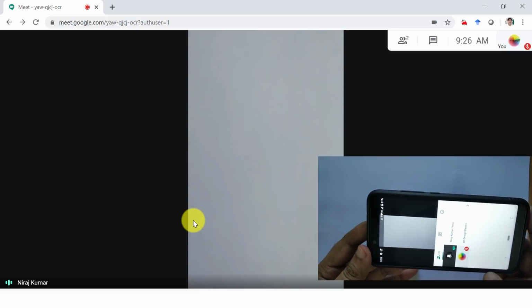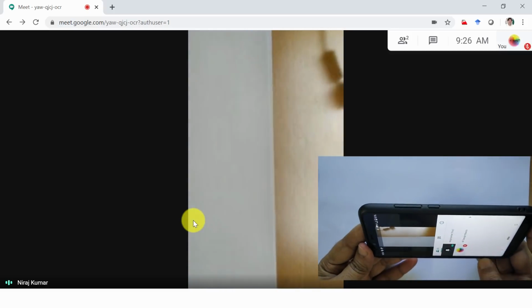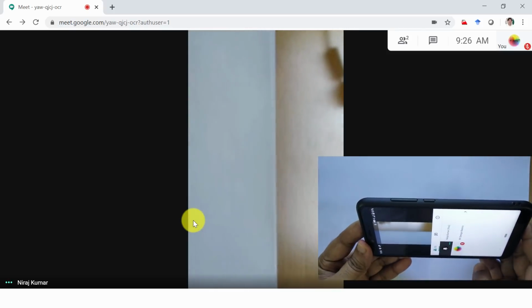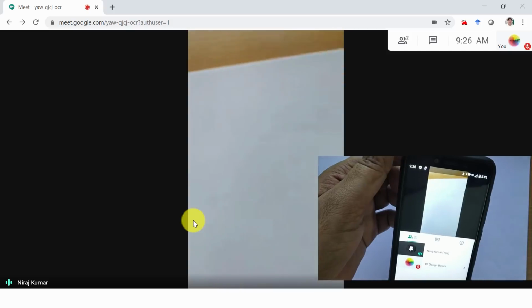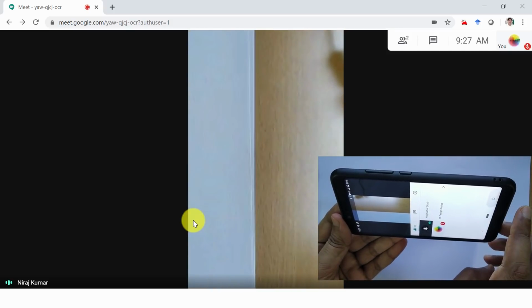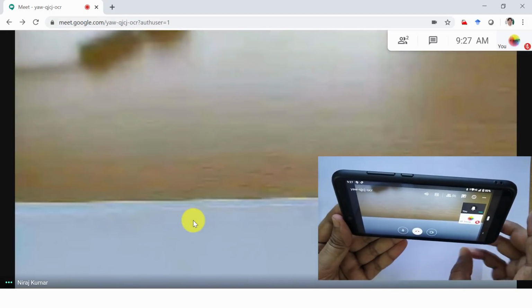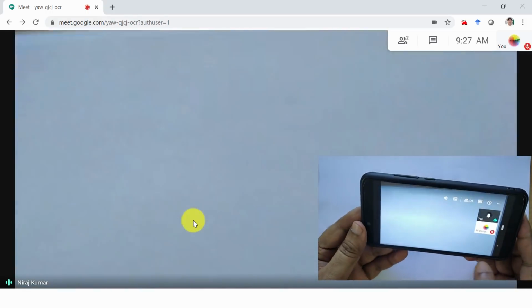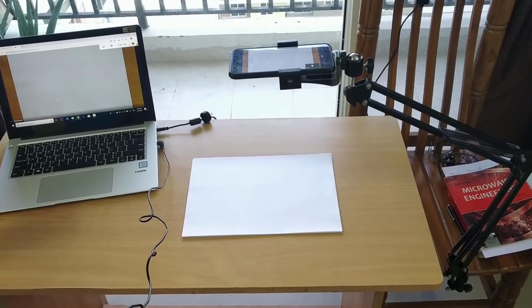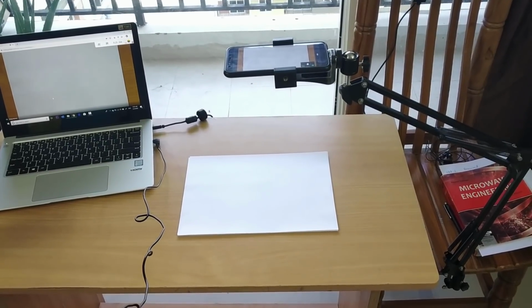If auto rotate is on, it will automatically rotate in this direction, but here auto rotate is not on. So what I will do is, here there is an option of rotating it, so you can rotate the camera and then this can be fixed on some stand. So you can see my setup here.